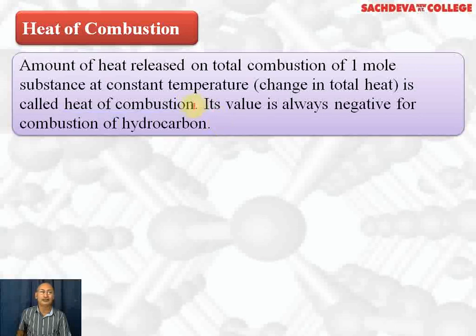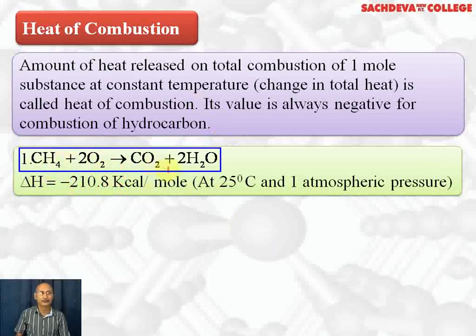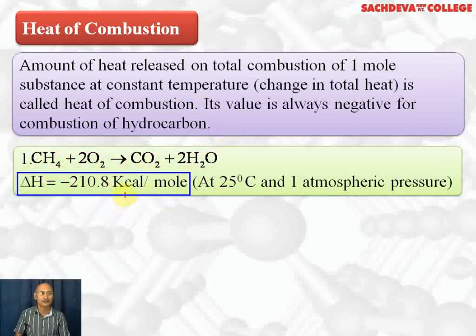And in combustion we require an excess of oxygen so that the fuel can burn completely. Its value is always negative, meaning delta H is always negative for the combustion of a hydrocarbon. Let's take up the example of combustion of methane. Methane burns in presence of oxygen, forms CO2 plus 2 H2O. Delta H is equal to minus 210.8 kilocalories per mole or minus 890 kilojoules per mole at 25 degrees centigrade